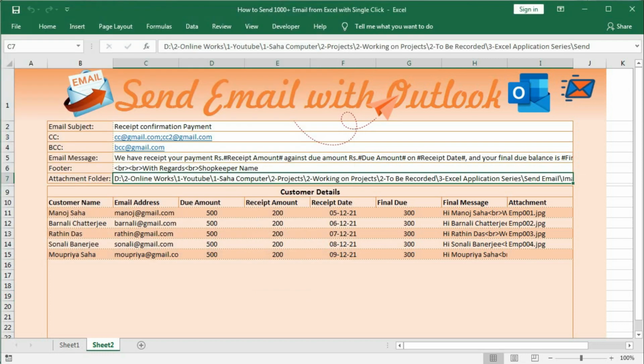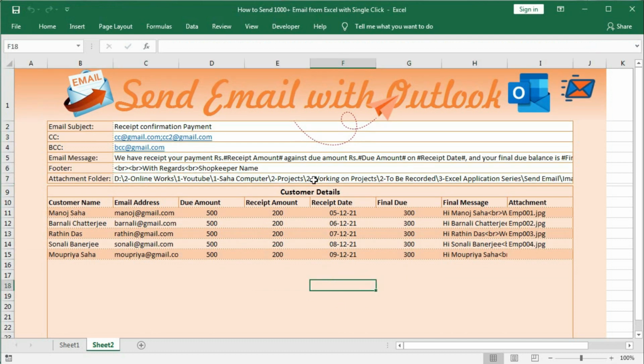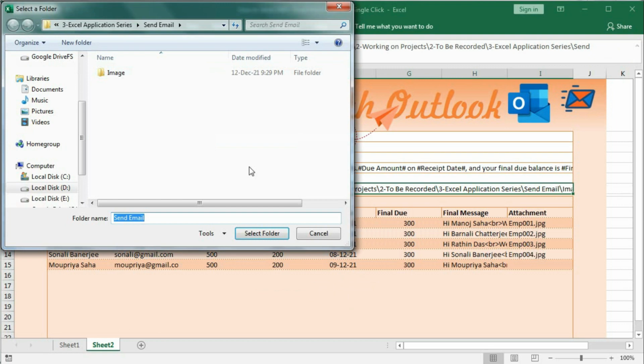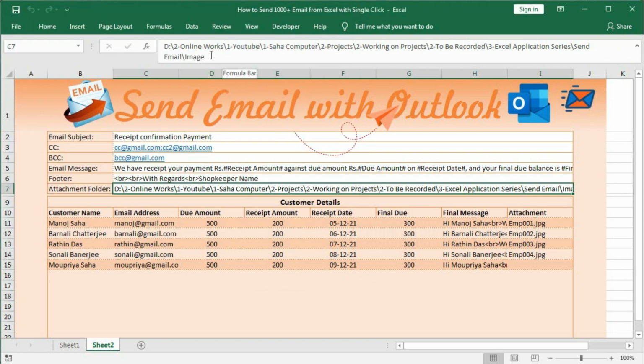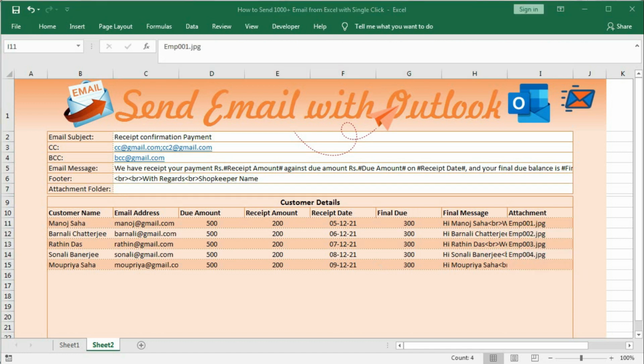Okay, now go here and again click, select this, Select Folder. So we got the path here, you can see the full path. Now one thing is done, and here you have to put the name of the file that is given within this folder only, that is this one. Only for this folder we have to put all these files. But if all these files are in different folders, then we do not need this one. Here we have to put the path. So for that we have to create another code.